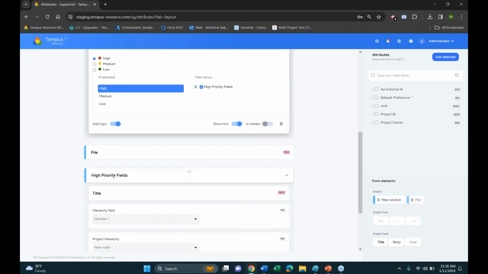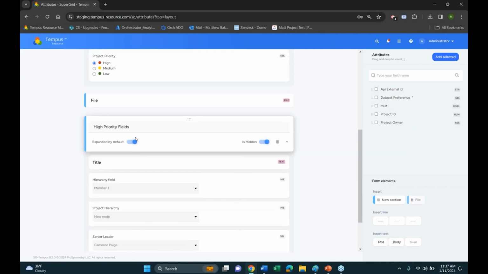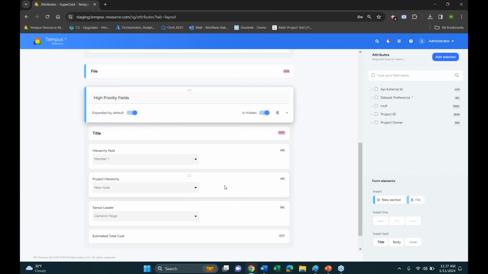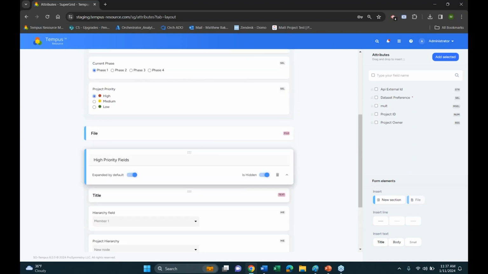So down below I have, in my case, a section where I have my high priority fields, and I want to make sure that my high priority fields are only going to be displayed when my priority is high. What I do first is I create my high priority field section, I make sure it's hidden, and then down below I provide all the fields that I want to be displayed when that is the case. So by default, since the whole section is hidden, it's not going to be displayed until a value of high